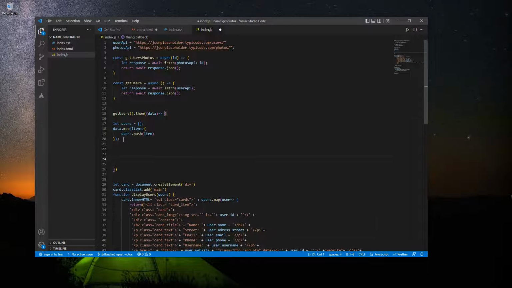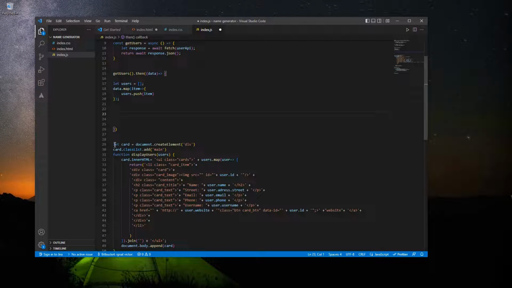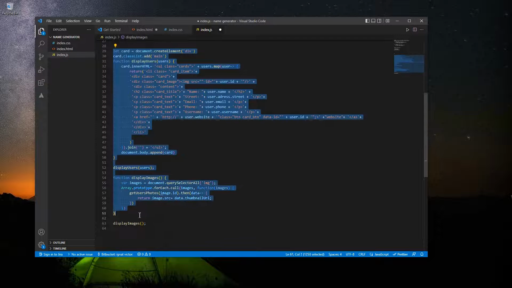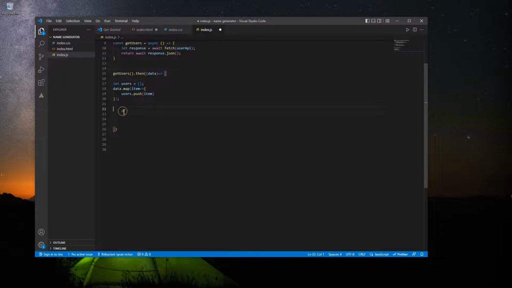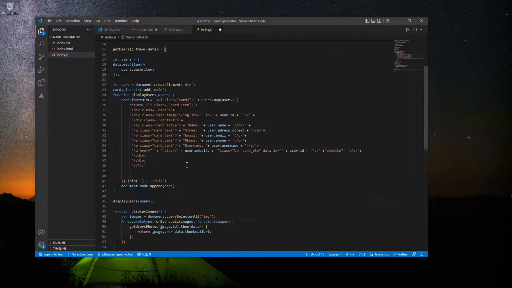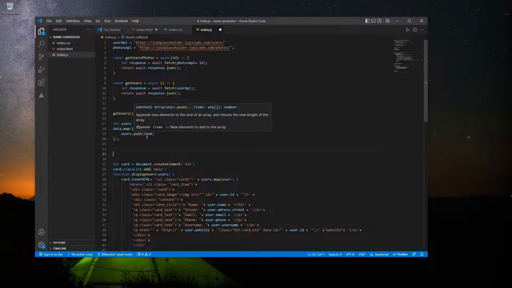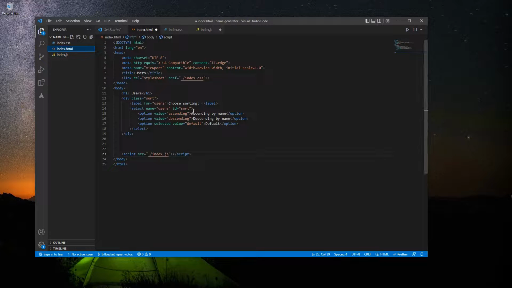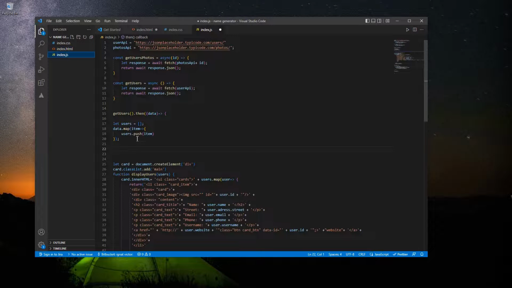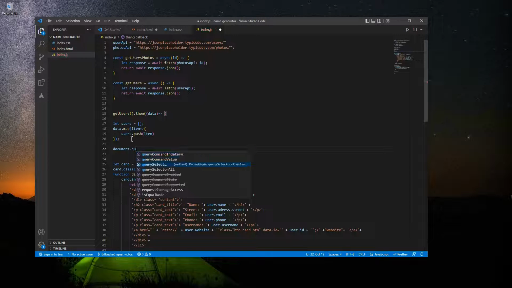And we're going to include this. All of this, we're gonna cut it and put it right here. And this is how it should be, because we need the data from the API. And let's make that sort, how was it called? I put it like a sort here. Let's say document dot query selector, and I said